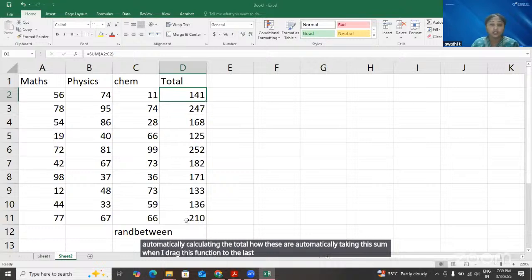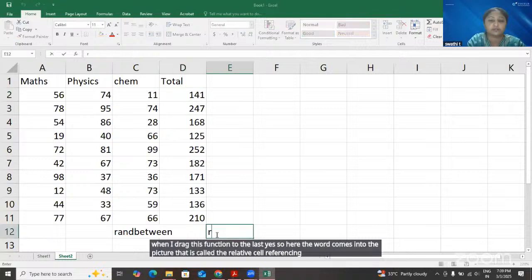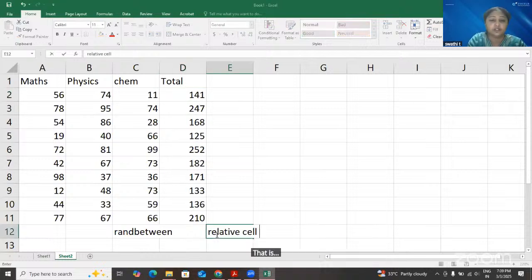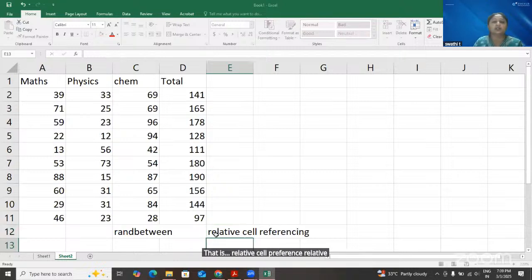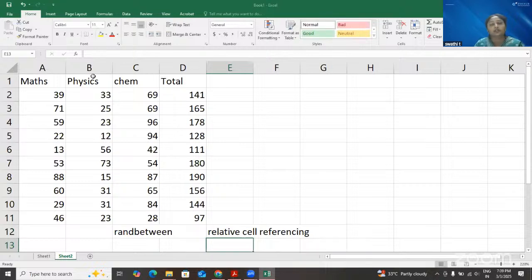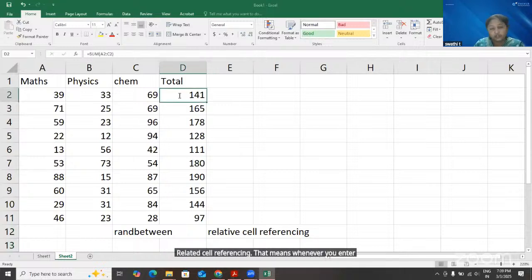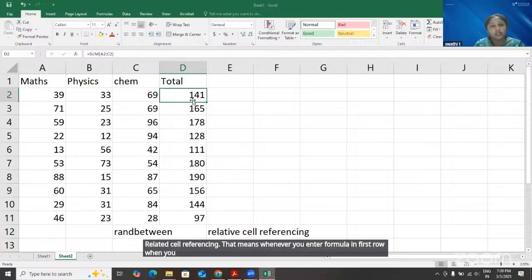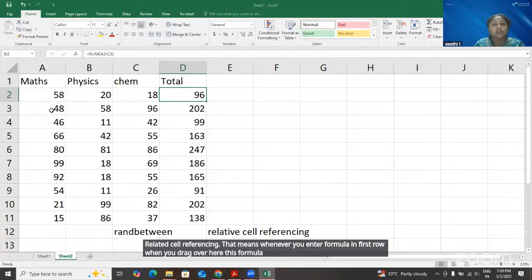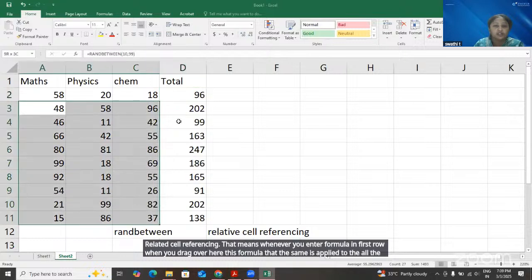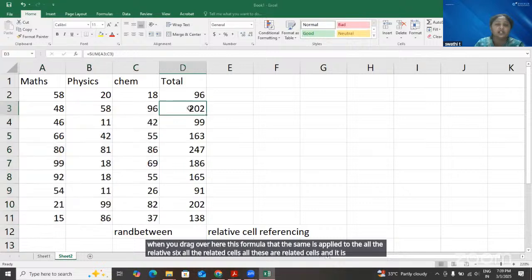Yes. So here the word comes into the picture, that is called relative cell referencing. Relative cell referencing. That means whenever you enter a formula in the first row and drag it over here, the same formula is applied to all the relative cells. All these are relative cells, and it is taking these cells as the reference for this total,